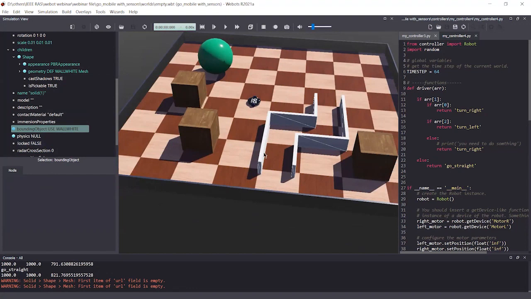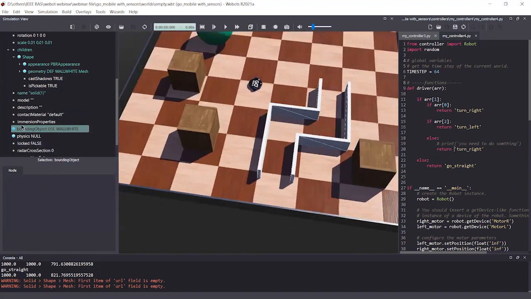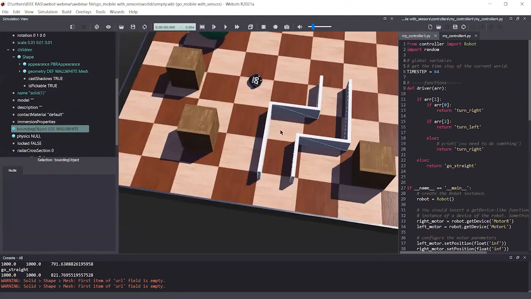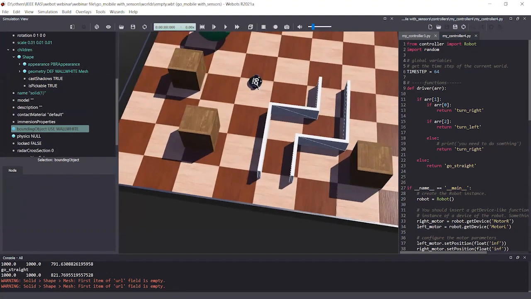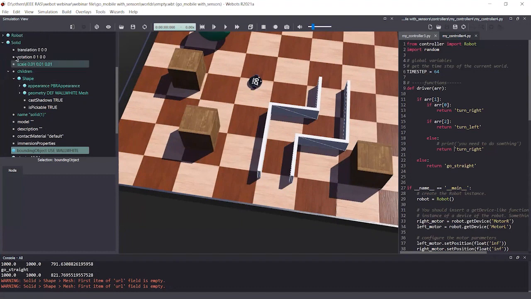If you need this wall to have physics, you can add it, but I think adding physics is not needed. So let's see whether our driver is capable of handling these kinds of things. I think it may not be, but maybe our driver is not that stupid, right? Let's see.